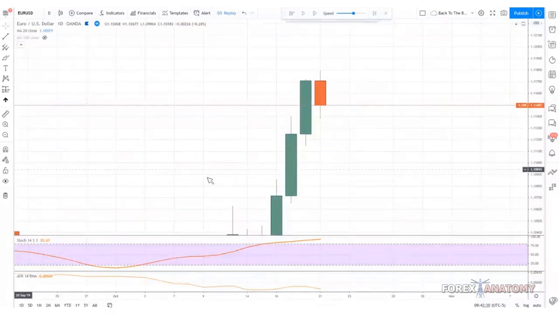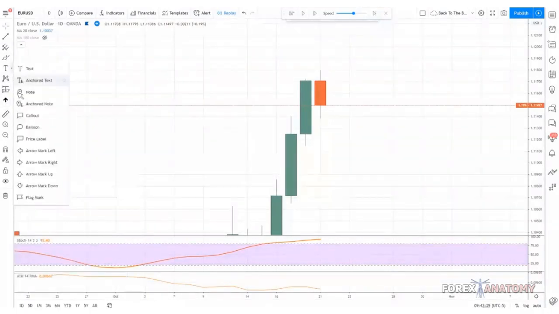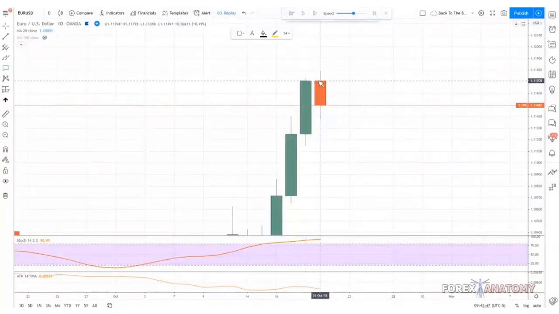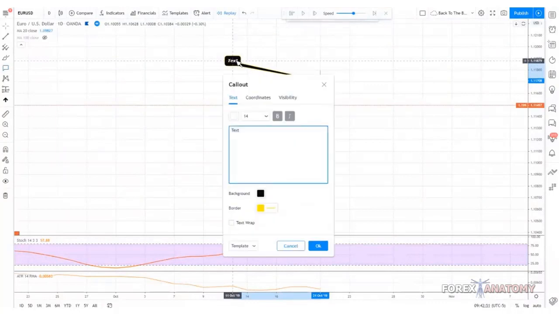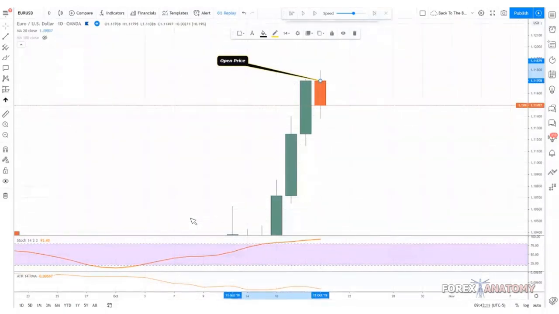Exactly. So it shows the open price. And as you may know, the open price is always where the previous candle closed. So right here on this red candle, this is the open price right here. Open price right there. This is where the last candle closed, and then this candle opened with this being the open price. And then right after the candle opens, we have a high and low.